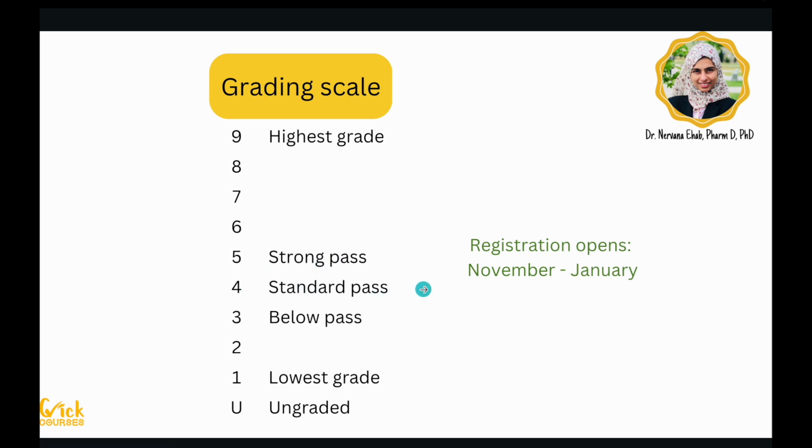4 is the standard pass. So 4 is just basically you passed the subject. However, again, we're not looking for 4. We're not looking for a strong pass or anything. We're ambitious for a grade 9. Now, remember that if you're taking the exam in the May-June session, then the registration opens in November,